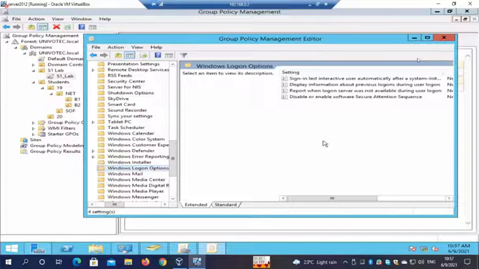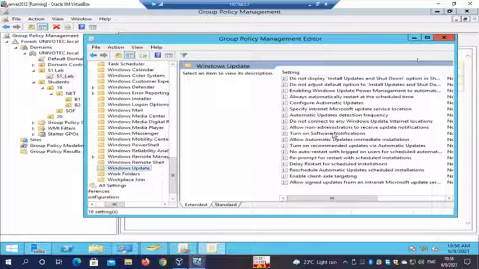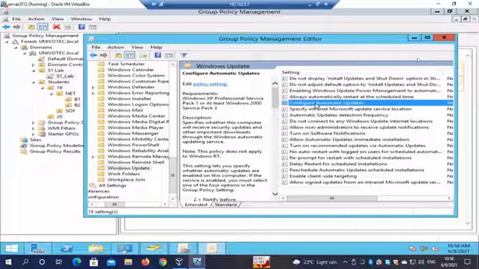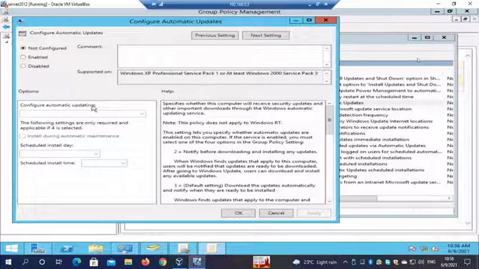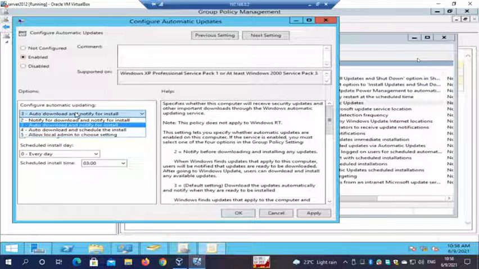Okay, Windows logon options. So there are a lot of options here, right? Yeah. So these automatic updates. If I want, I can configure the automatic updates so that no one can change it in the computer, if I put the policy here, right? So if I enable this automatic updates Windows, right? And here,